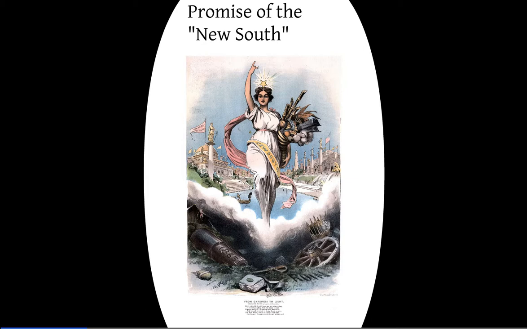This has really come to fruition here at this program cover and the art from the Atlanta Exposition of 1895. I think this is very telling. Here at the front you have the spirit of the New South coming. In her arms is a cornucopia of products from the South: tobacco, iron, steel, cotton, and other products that the